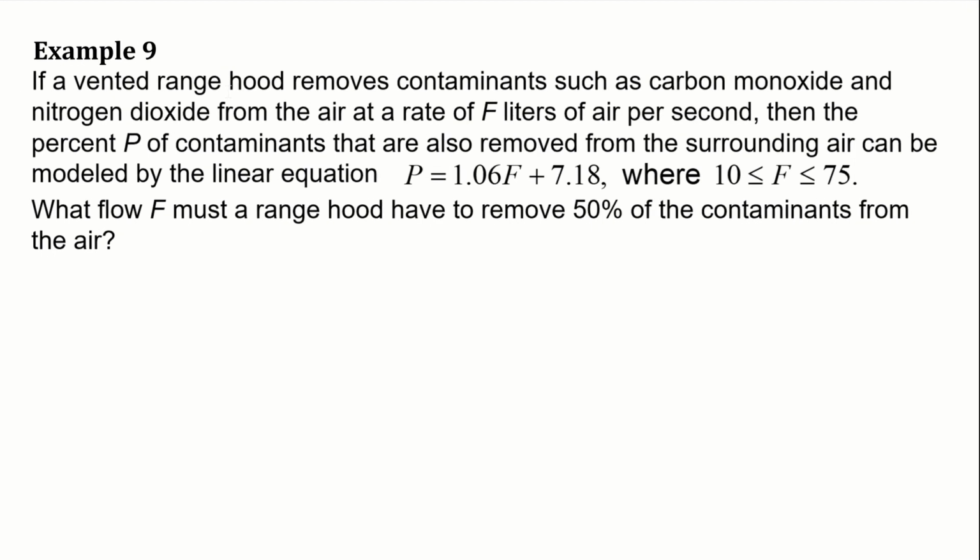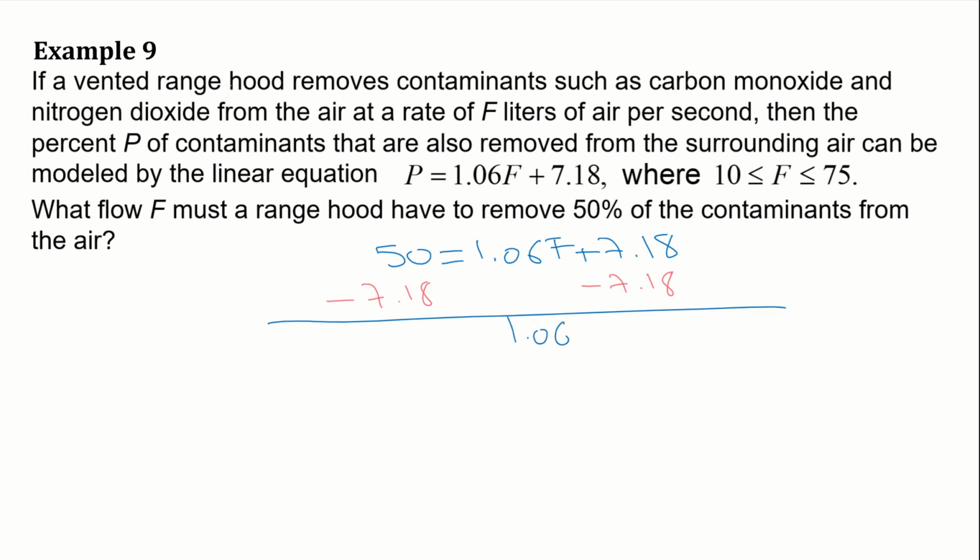So here we just get 50 equals 1.06 F plus 7.18. And now we just need to solve that. Again, let's not try clearing the decimal. Let's just work with decimals, so we have plenty of practice with both methods. Here I'll move the 7.18 to the other side by subtracting it from both sides. So we get 1.06f on the right side, and on the left side we have 50